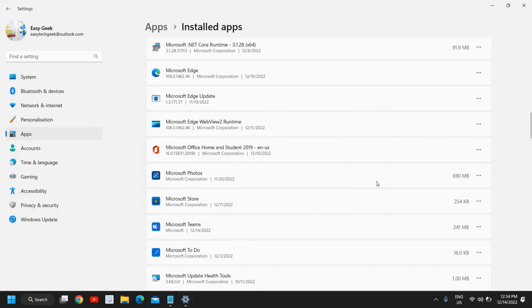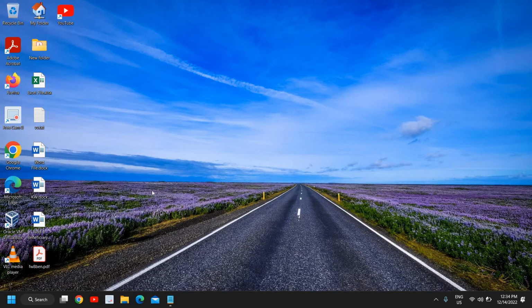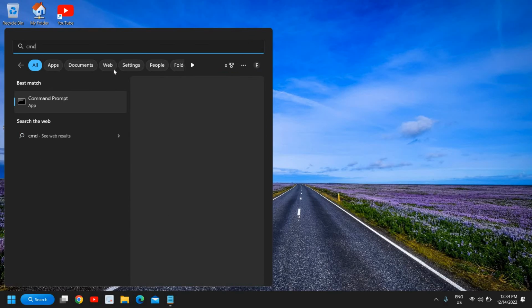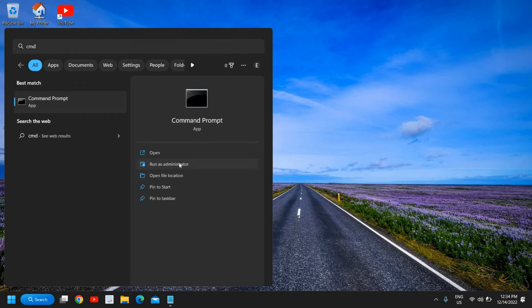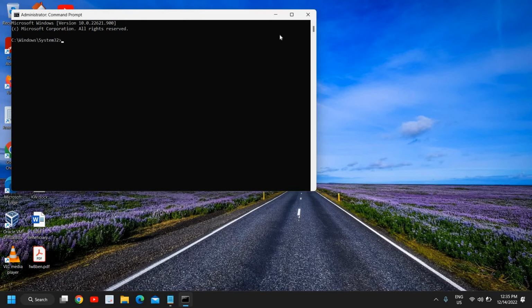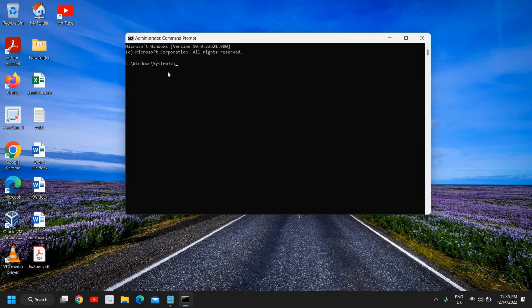But let's say if that doesn't, then I will recommend the third step, where you just need to click on the search icon, type CMD and then run as administrator. Please make sure that you only click on run as administrator and it will open up the command prompt for you. It will also ask you to say yes, and a new window will appear like this, and here you need to type